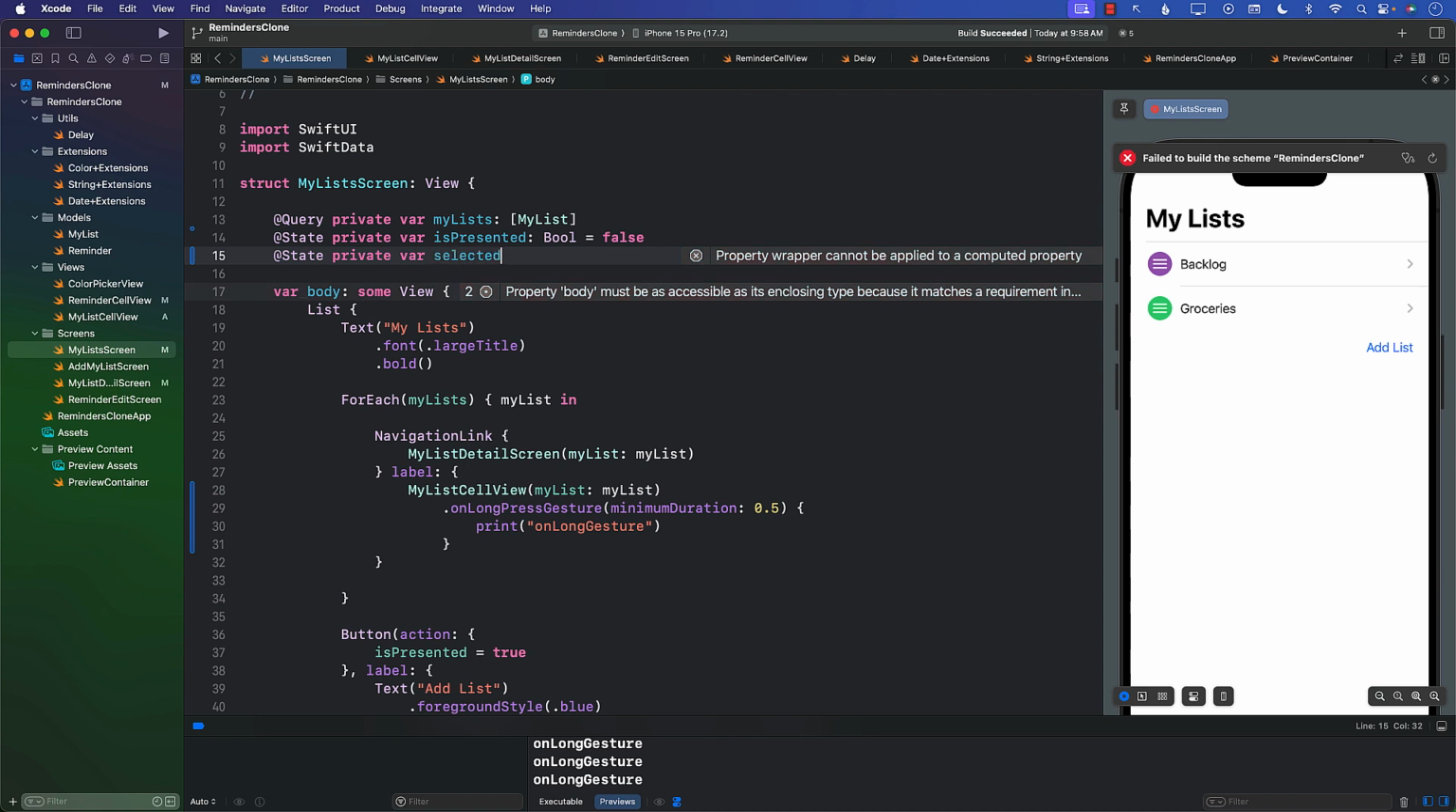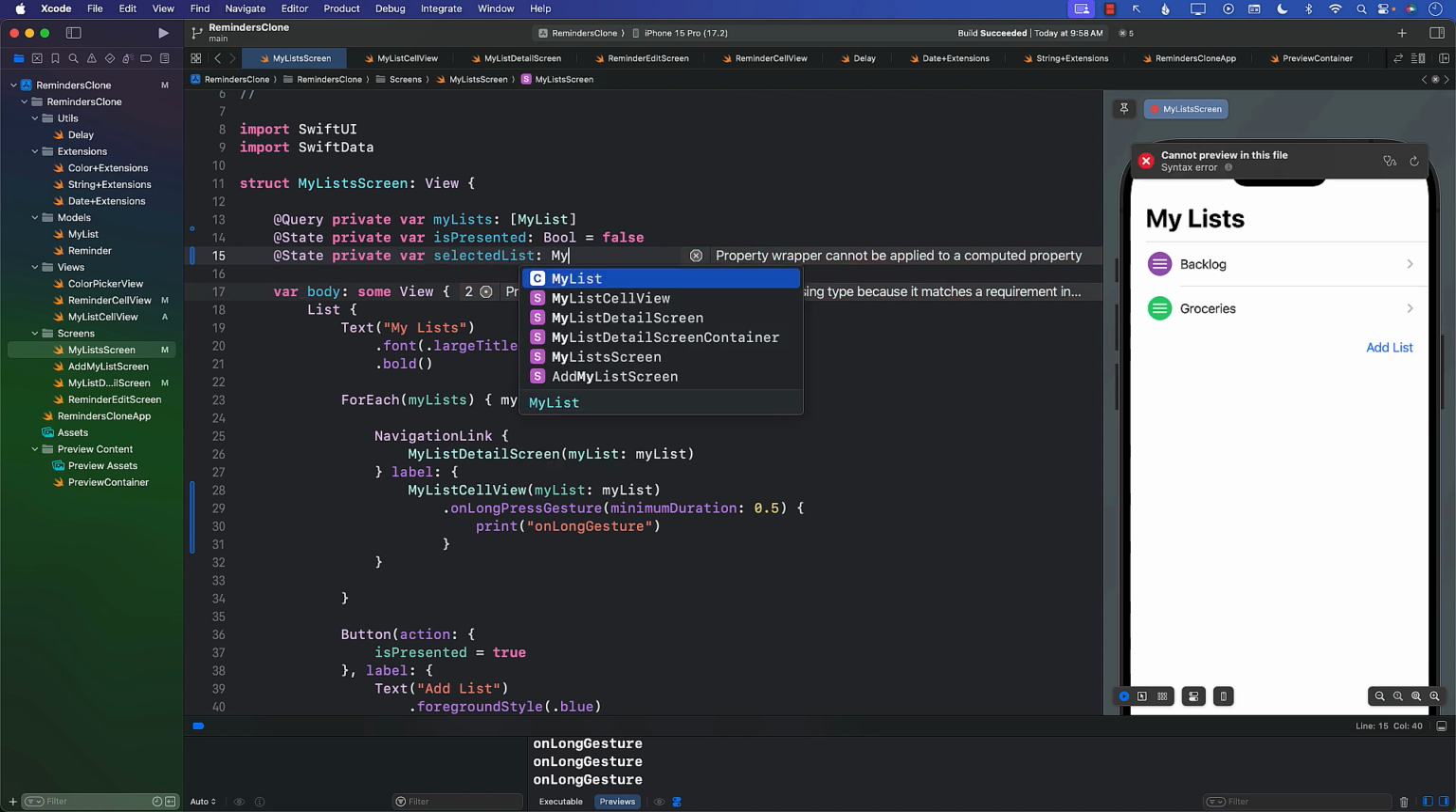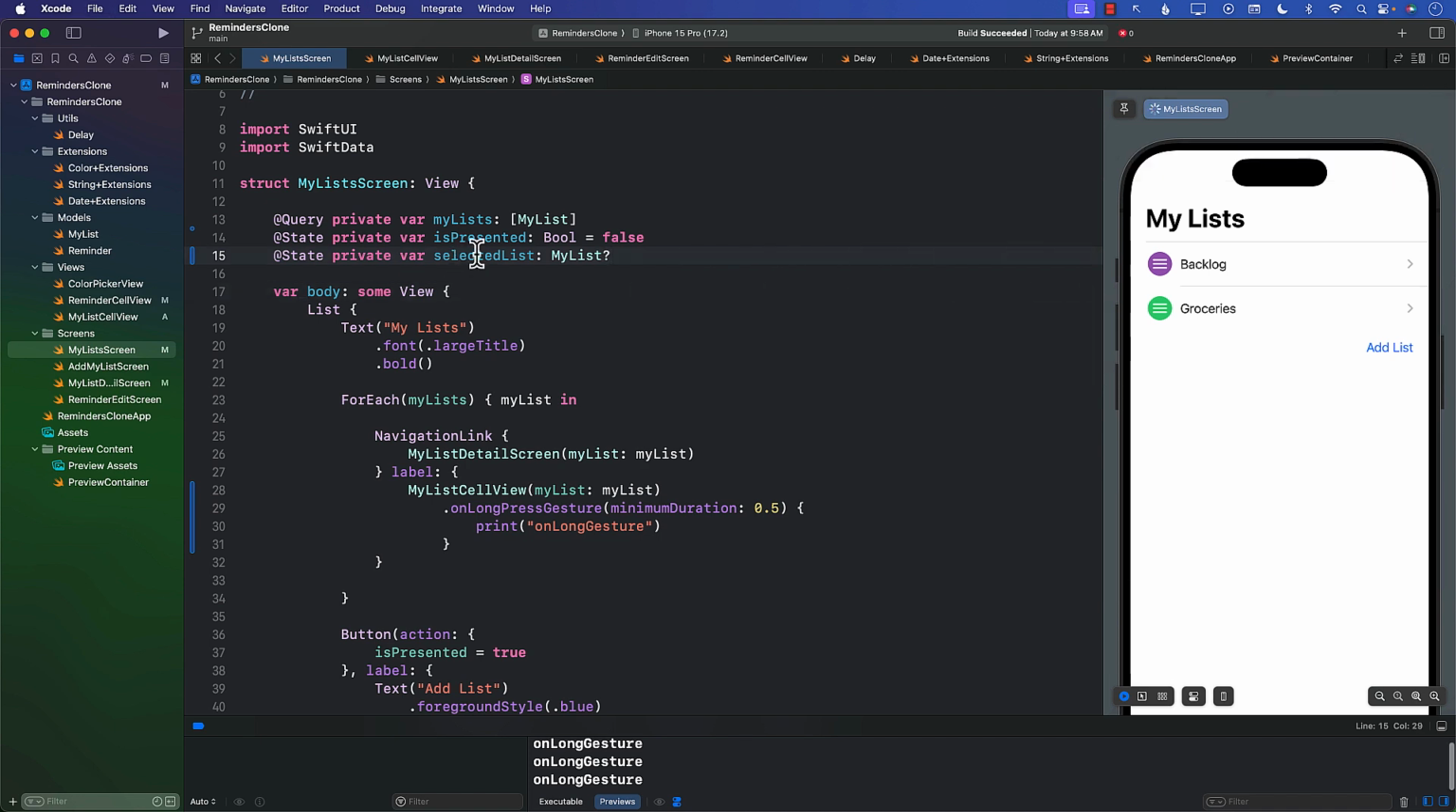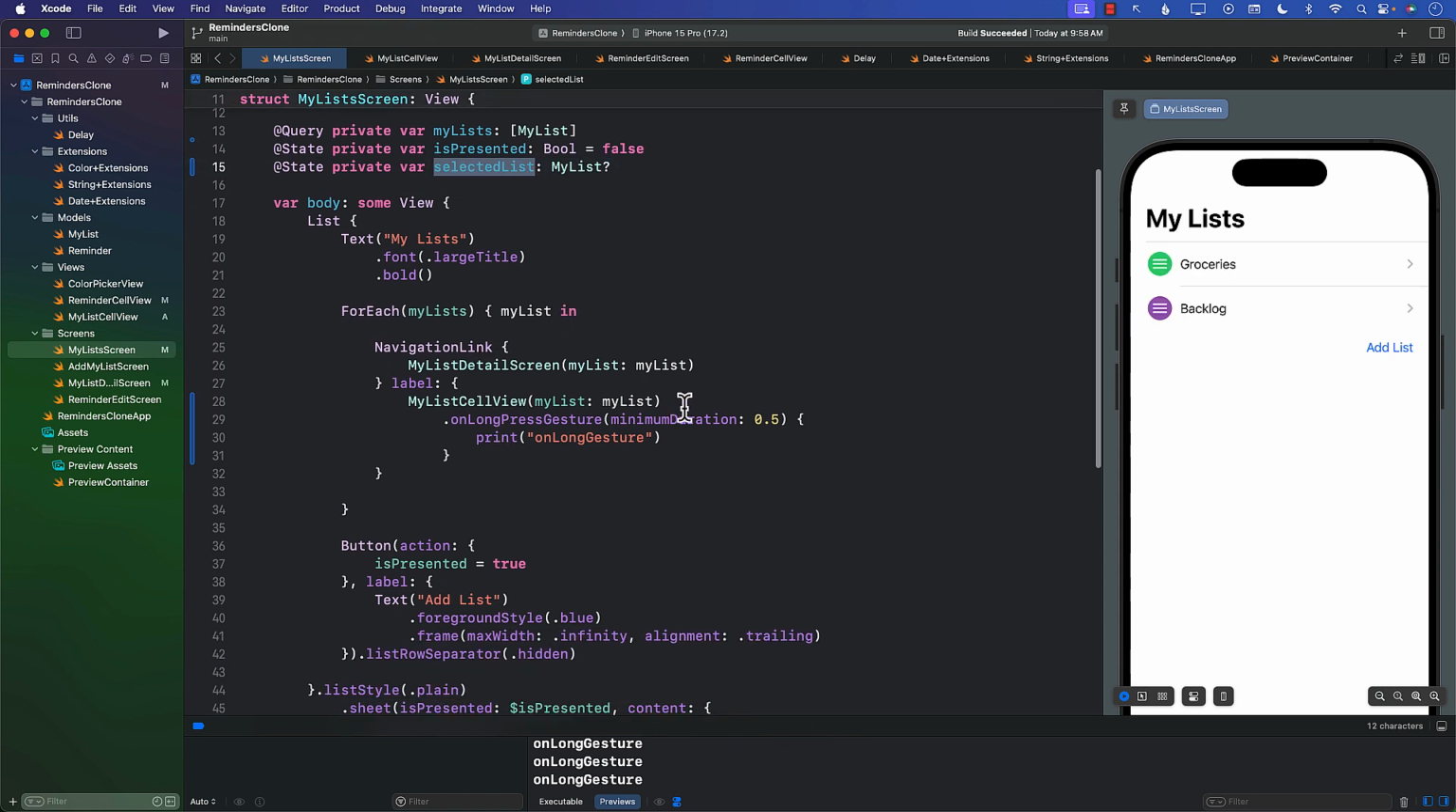I want to simply do one gesture when I tap and one gesture when I do something else. But maybe I'm not understanding the simultaneous gesture. All right. So I'm just going to go ahead and create a selected list. And on the tap gesture,